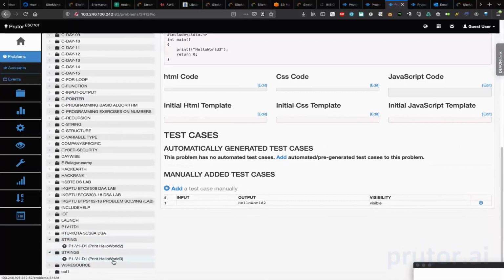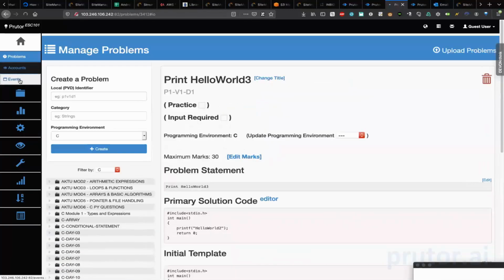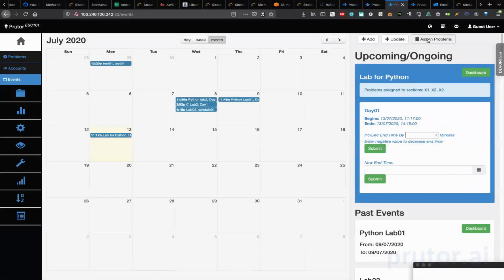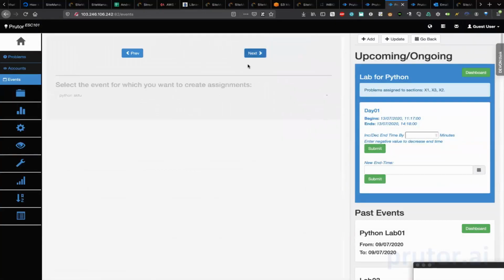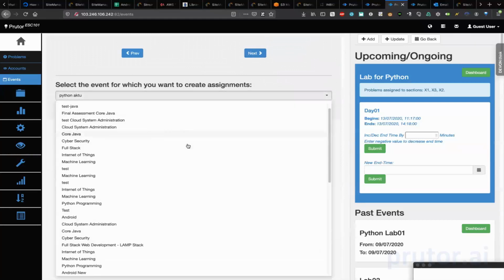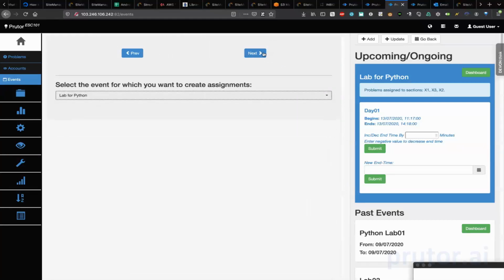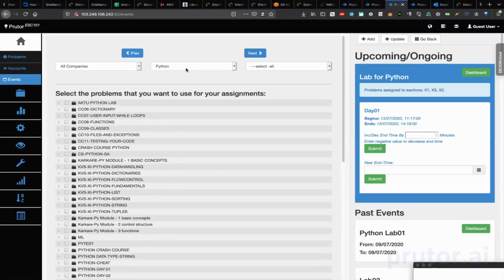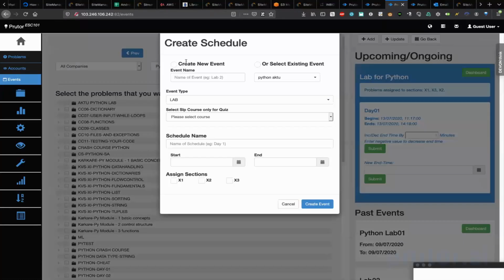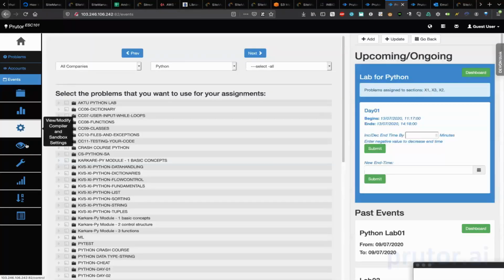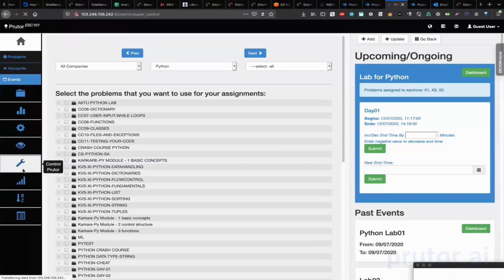this one is the program of hello world. I can assign that to the event. So I can assign problems. That was C actually. So I should create another event actually. Once I create an event, I can create an event for C. So right now this system is actually configured for Python. So hence, but you can change that over here.